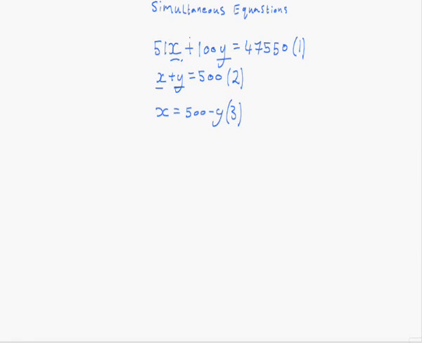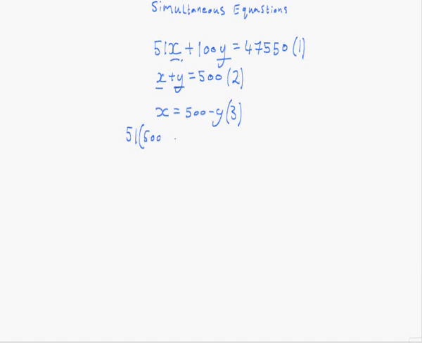x is present in equation 1, and x is the subject of equation 3. Now, we know that x has the same value in both these equations. So, by substituting equation 3 for x in equation 1, we'll be left with just the one unknown variable, y. We can then solve that equation, and then we can solve for x later once we know the value of y. So, if we substitute the right-hand side of equation 3 for x in equation 1, that gives 51